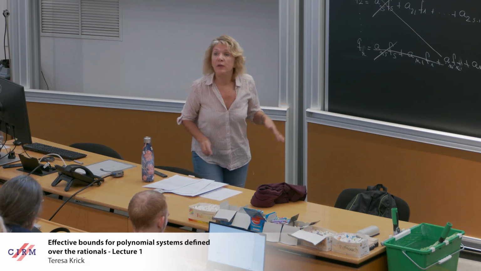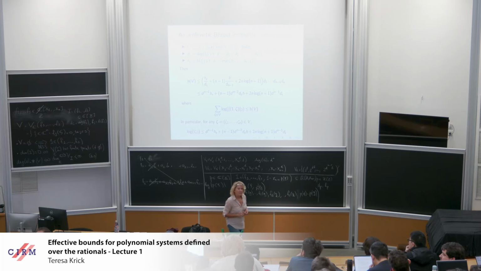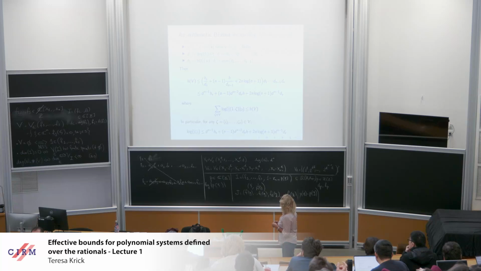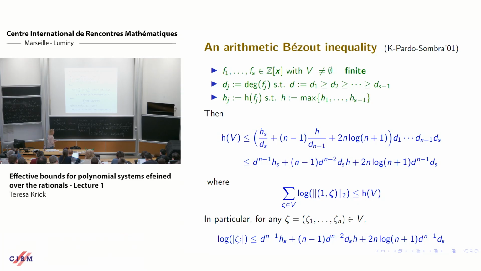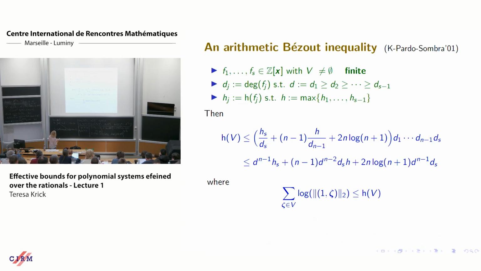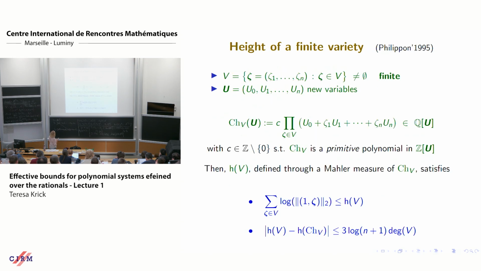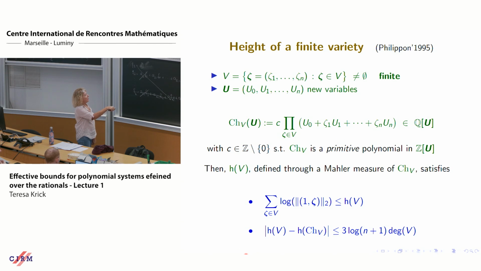So this is about, sorry. On the previous slide, the term depending on the degree was, I believe, 3n plus 1 times the degree. And now it's 2n log n plus 3 log n plus 1 times the degree. But I didn't use that yet. I only used the first one. I never used the second yet. So this one is for tomorrow.